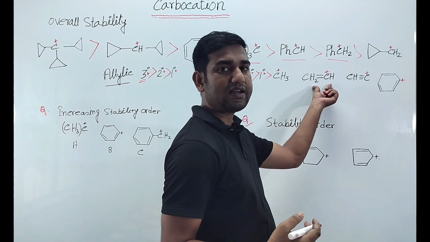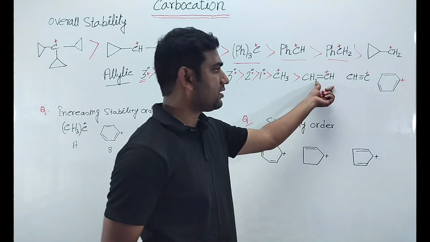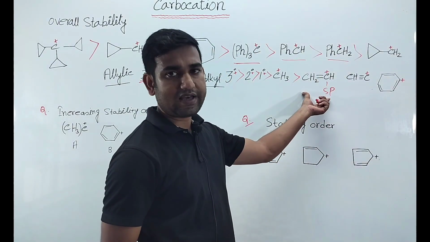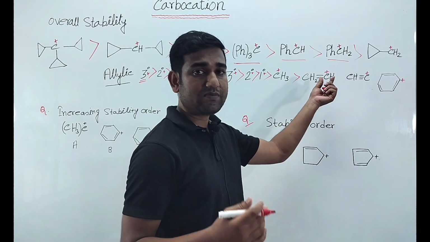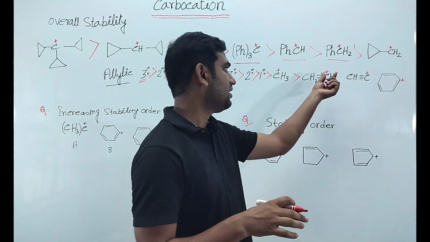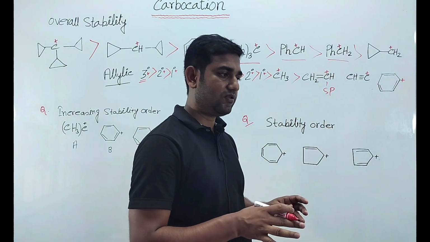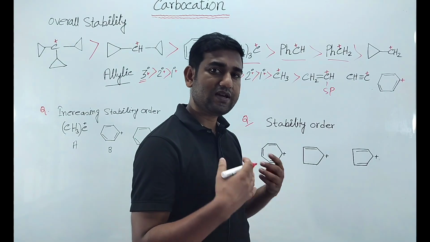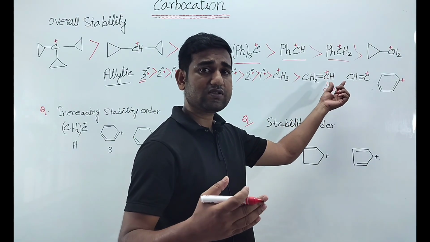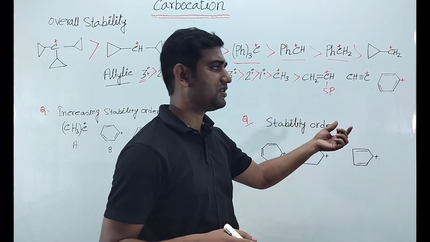After that this is vinyl carbocation. Vinyl carbocation is not that much stable because this is an sp carbon, and the percent of s character is higher, which means it wants to pull the electron from the other side, but here positive charge is there. Any electronegative atom, if positive charge is there, that one is very unstable. That's why, as percent of s character increases, electronegativity increases, and with increased electronegativity, the positive charge becomes very unstable. After that,